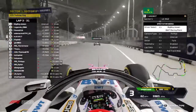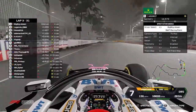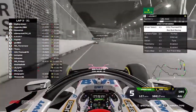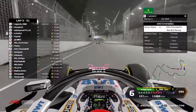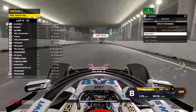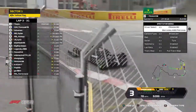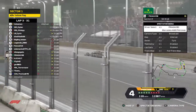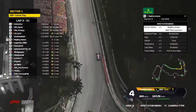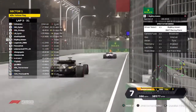Adam then is in 4th place. Yellows in one, I believe that was one of the cars crashing into the pit lane. As Verheyen stays out with his end plate, and there's Praga who's, oh, it's on this glitch. I think Praga's been lapped. What's going on here? Right, I think from 6th and all the way down is the correct order. For some reason, with everybody else pitting, it's...